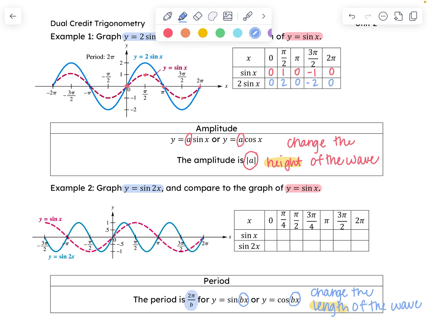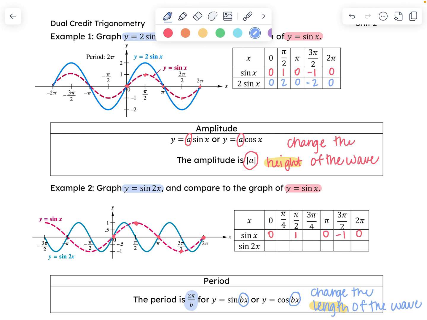So for our normal sine of x, I'm going to look at that one first with my pinkish reddish color that kind of matches the graph. We have our point at 0, 0. Then up here at pi over 2, it hits 1. Notice I'm skipping over that pi over 4. I'm going to skip over the 3 pi over 4 too, because we come back down to 0 at pi. At 3 pi over 2, we go down to -1. And at 2 pi, we come back to 0. Now I skipped over those points, but I'm going to use them when I look at my sine of 2x,